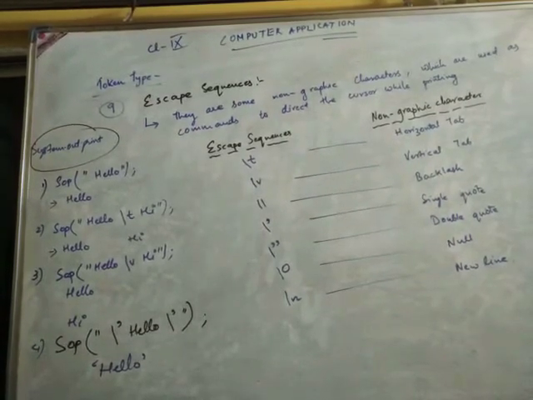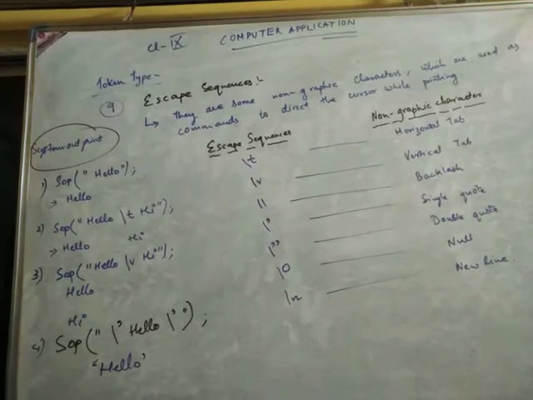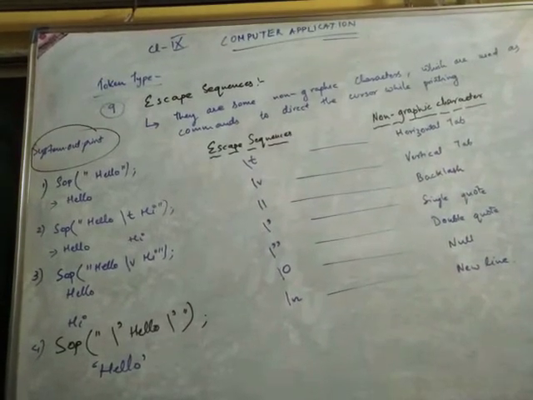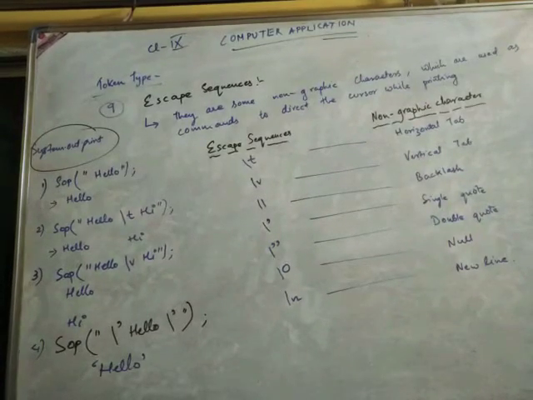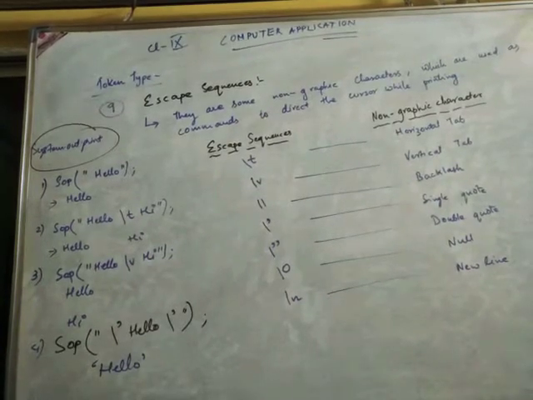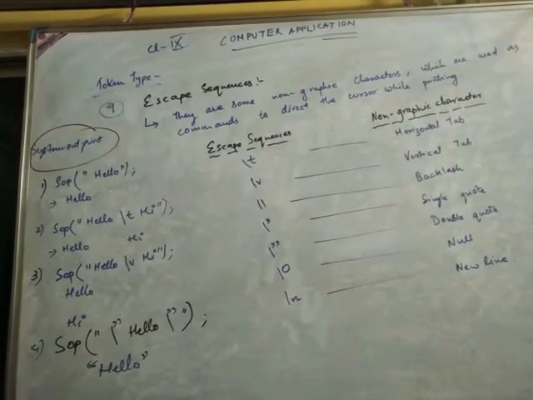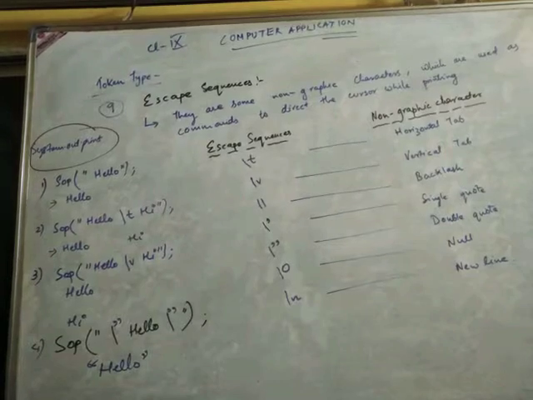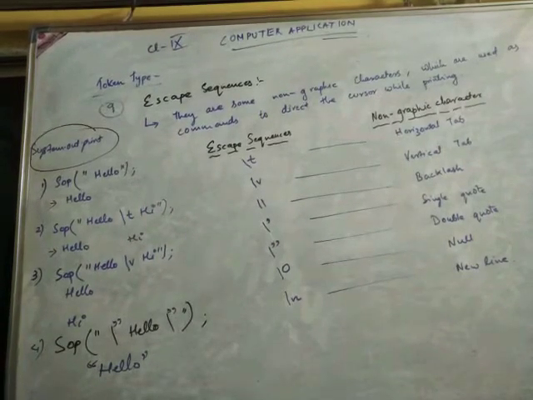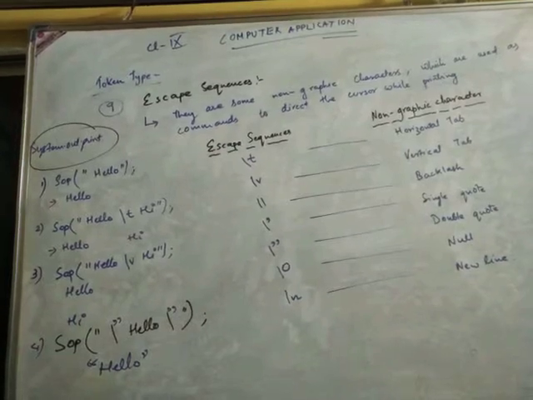Clear? So for that, if you see option number 4, what did you understand? If you want single quotation in the message, inside the double quotation, whatever we write in system.print is a message. Now in that message, if I want the text to be in single quotation, I'll use slash single quotation. If you want double quotation, I use slash double quotation, it means that hello will come in double quotation. Clear? Understood? Null we require slash 0, remember that slash 0 is for null.